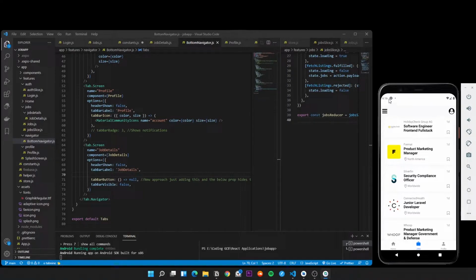I'm guessing I will remove this drawer icon, because I don't think I will be using it, since I'm using this navigator. At this point, I just want a minimal app that shows all the jobs. You can save the jobs, you can look them up, you can press the button to apply, and then you'll be redirected to their site to apply. That's all I have planned to implement with a good user experience.